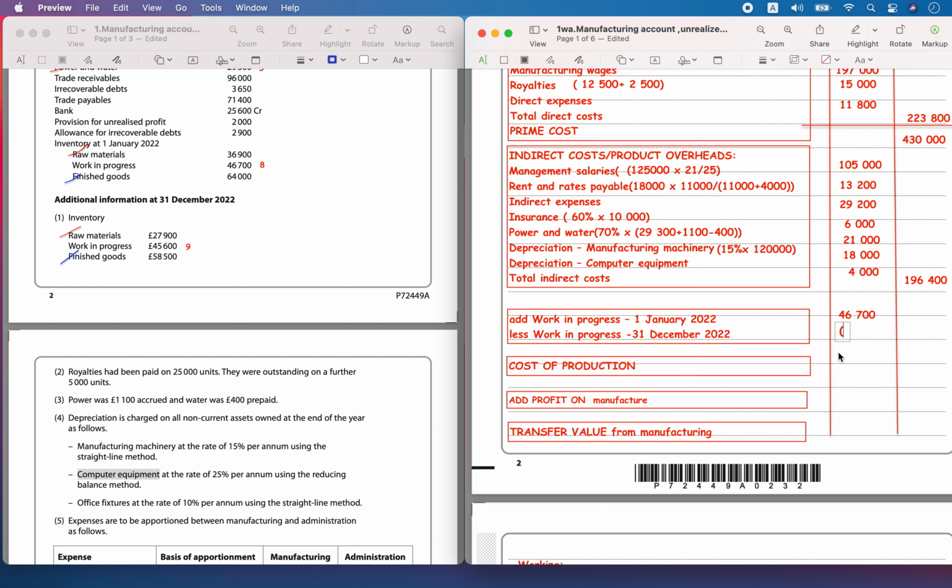So 1,100 is also included in the manufacturing cost. Now let's add up and get the total production cost. So 430,000 plus 196,400 plus 1,100, it's going to be equal to